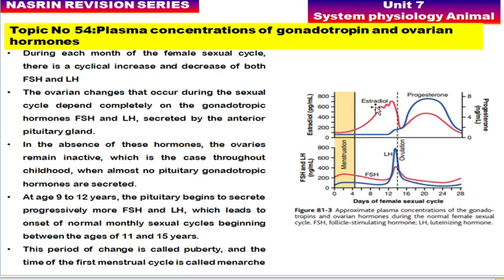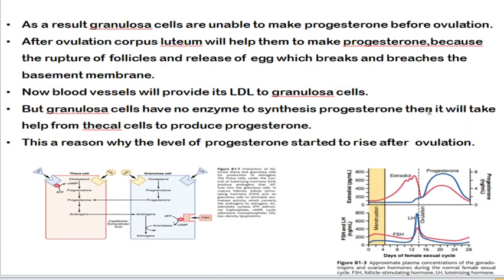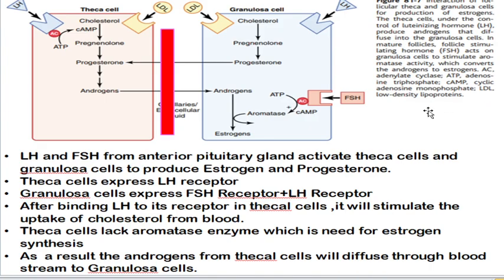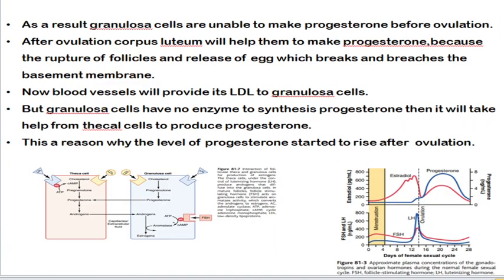Whereas if you take the hormones estradiol and progesterone, before ovulation estradiol will be in increased amount, whereas progesterone is in decreased amount. Why is progesterone increasing after ovulation? Ovulation is the process of releasing the egg. At the time of releasing the egg, the basement membrane present next to the granulosa cells will be erased. Here I mention the basement membrane, which is preventing the synthesis